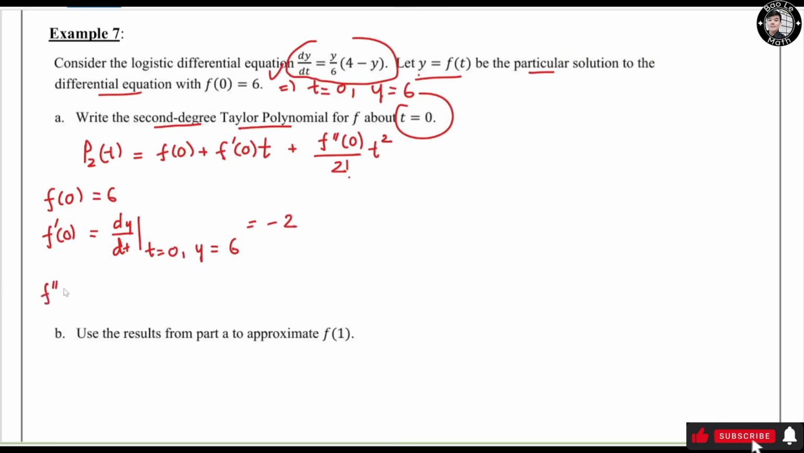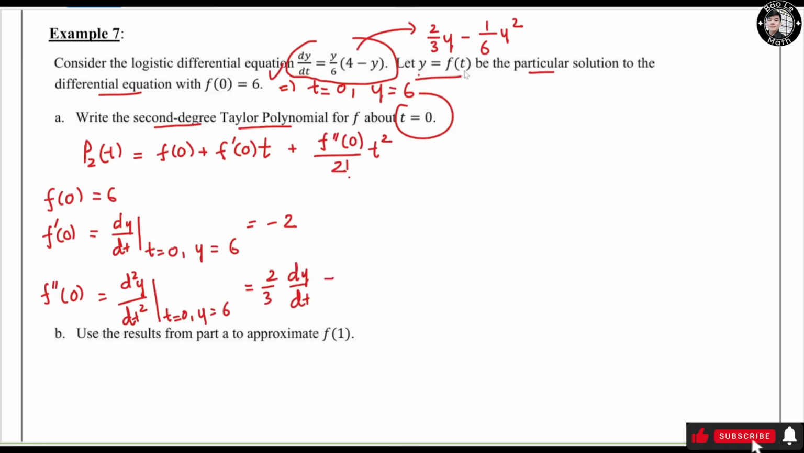Now f double prime of 0 equals d squared y over dt squared at t equals 0, y equals 6. So we're going to take the derivative of this one. We need to expand this one first. So we have 4 divided by 6, which is 2 over 3 y, minus 1 over 6 y squared. So it could be 2/3 y prime, which means dy over dt, minus, bring 2 to the front, it's going to be 1/3,